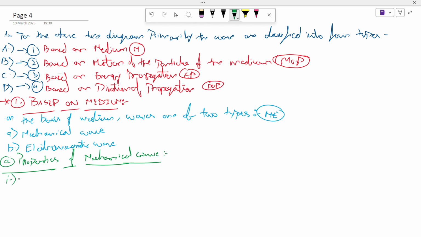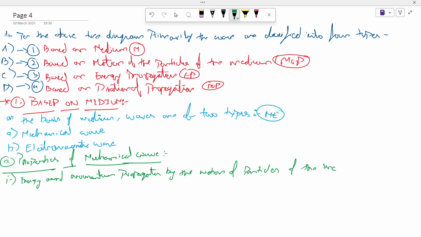First one, energy and momentum propagates by the motion of particles of the medium,